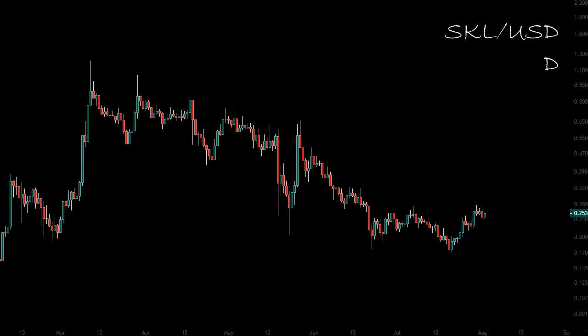That said, let's dive into this chart. SKALE Network versus dollar. Daily chart, ladies and gentlemen. Every candle that you're seeing on the screen is 1 day. Let's not waste anyone's time, and right off the bat, jump into the technical analysis. How is this looking to you with the naked eye?